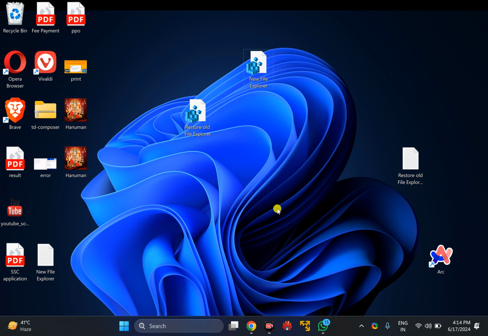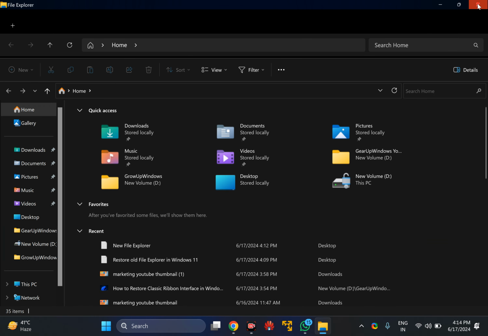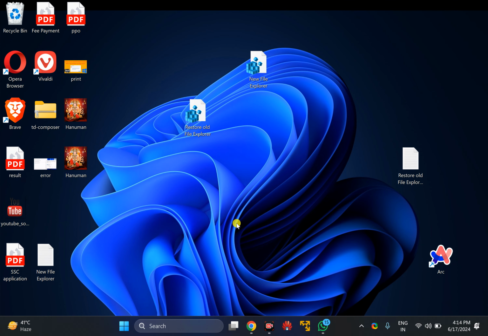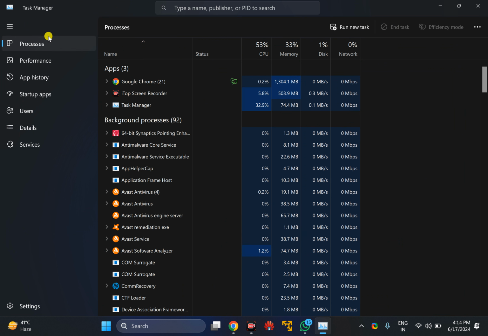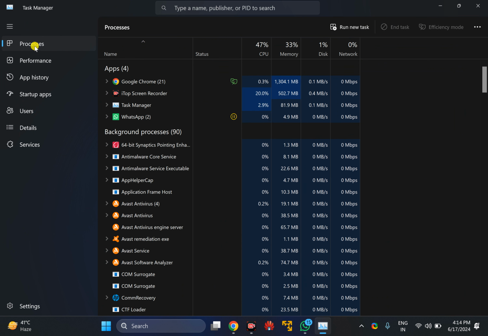From now onwards, you need to restart your PC after merging these registry files. Either restart your PC, or in case you don't want to restart it, right click on the free space on the taskbar and select the Task Manager option. In the Task Manager window, select Processes in the left sidebar.